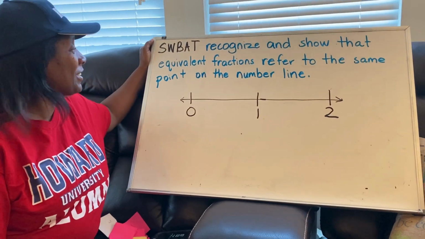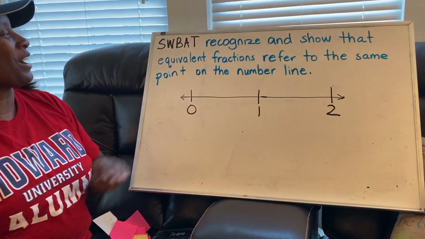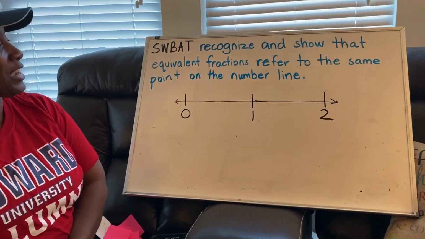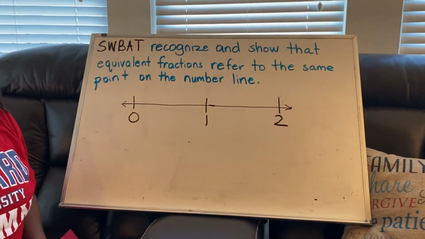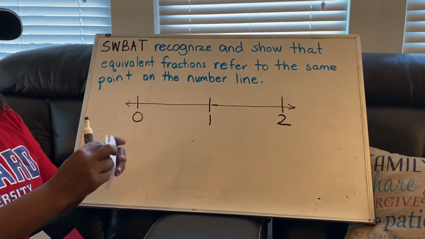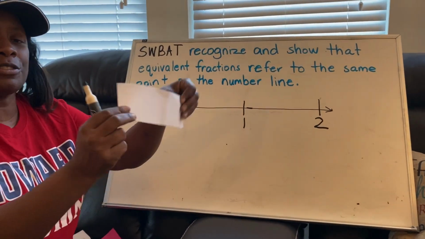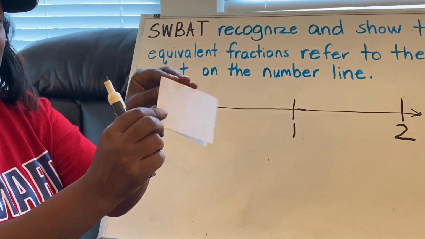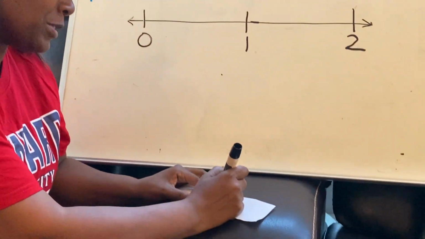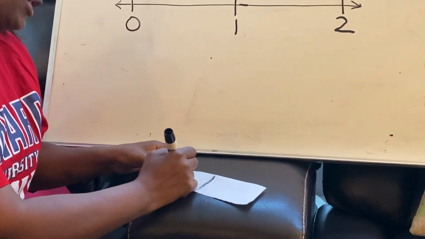Hello, online learners. Today we're going to recognize and show that equivalent fractions refer to the same points on a number line. So this goes back to where we made our fraction strips in class. Remember, this represents the whole. When I fold it in half, now I am representing each one